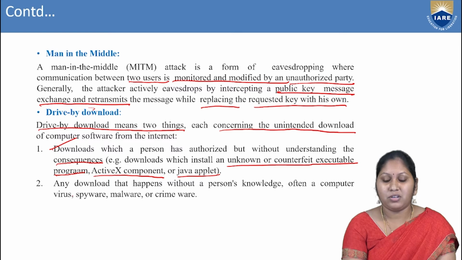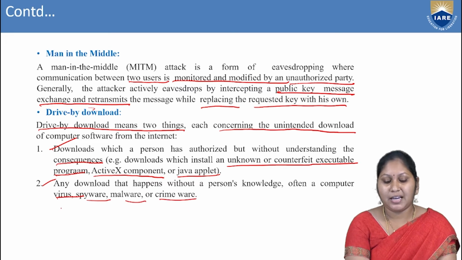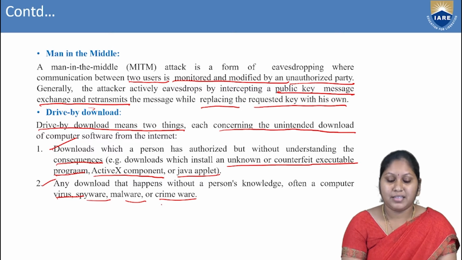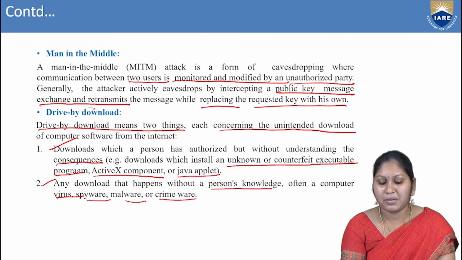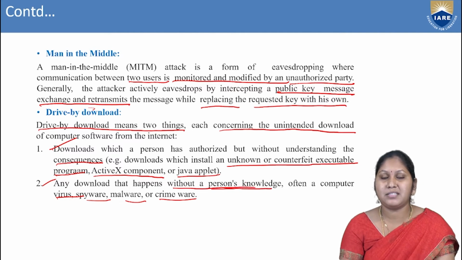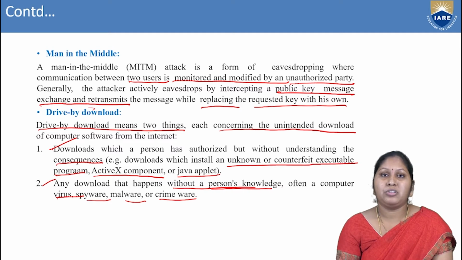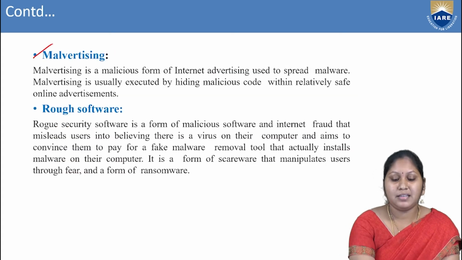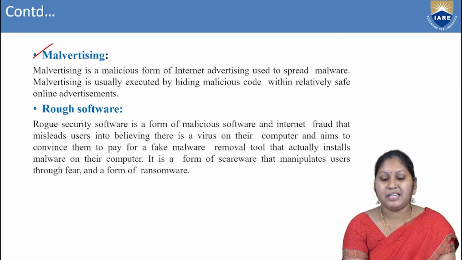So that is driver download attacks, one of the types. Another type is any download that happens without the person's knowledge, often a computer virus, spyware, malware, or crimeware. So these are some of the cyber attacks where something is downloaded without the person's knowledge. If he opens the network, or opens any website, without the knowledge of the victim, it will be downloaded. Next, malvertising. Malvertising is a malicious form of internet advertising